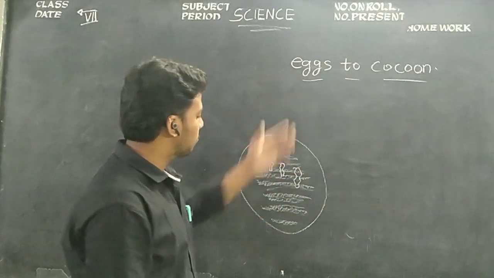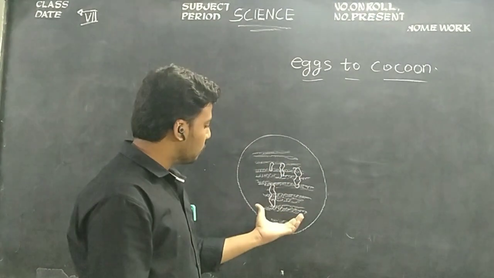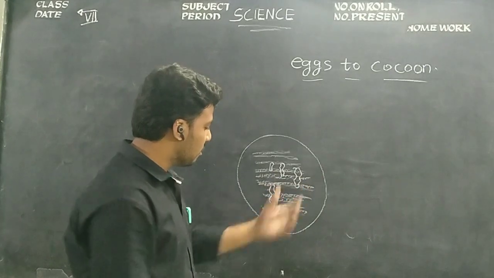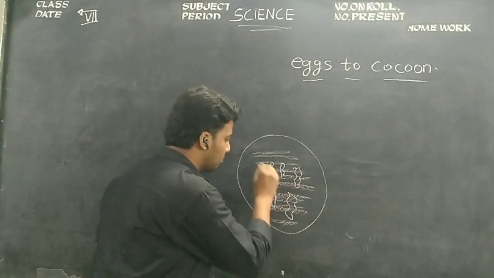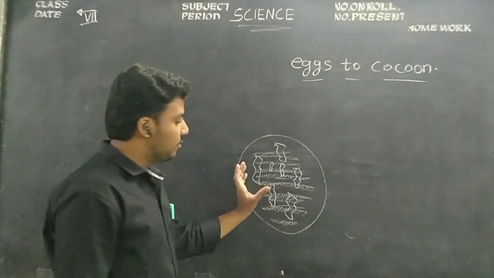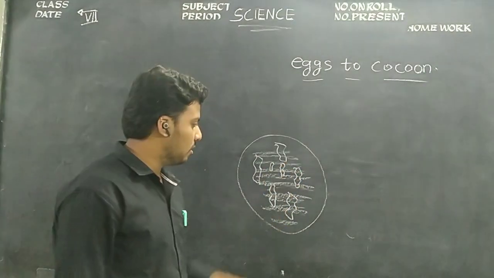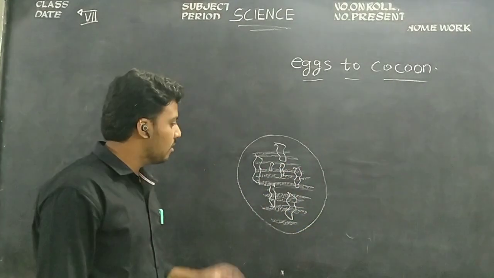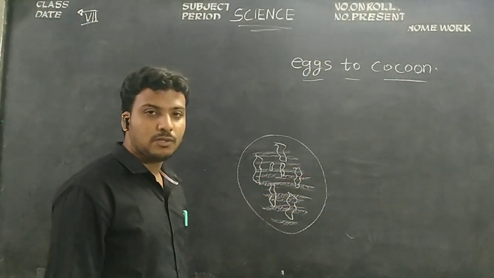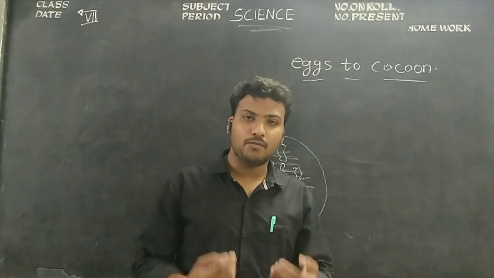From the eggs, children. So they can buy worms directly, not cocoons, this is a silkworm, children. So they buy silkworms directly from the market stores, and they place them in a large tray, and they provide mulberry leaf pieces. Why do they provide mulberry leaves? Because we need to provide mulberry leaves to grow cocoons. Why? If we want to survive, what do we need? We need food. Yes or no?